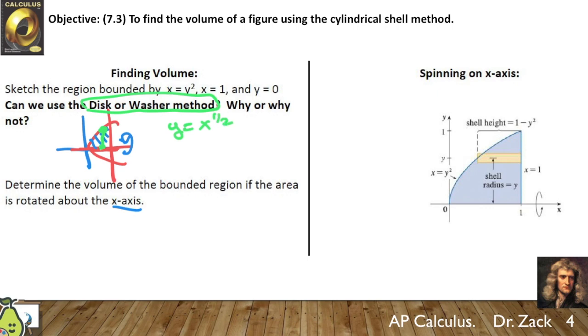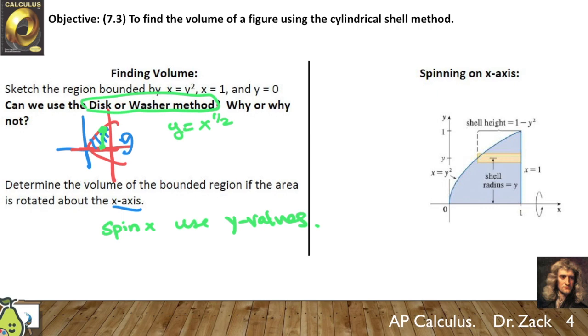It's going to be just fine. But what if I want to spin on the x-axis but use my y values? So let's try the problem again. Yes, I have an answer the first way, but if I try to do the problem with the shell method,